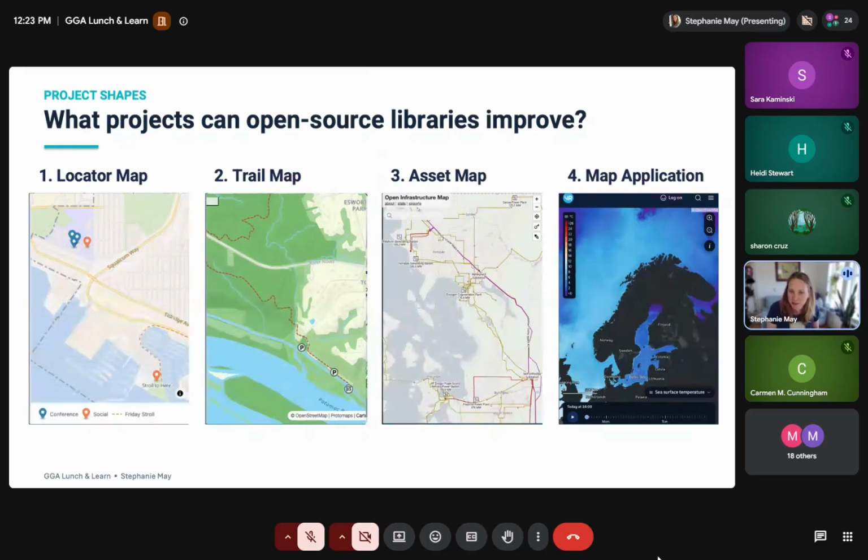I'm assuming this audience understands fundamentally the distinction between vectors and rasters, and that carries through to web maps as well. You have raster tile maps, and then you have vector tile maps, and vector tile maps are infinitely more customizable. But at the same time, raster tile maps can still give you a lot of performance and a lot of benefit when you know how to integrate the pieces and build the two.